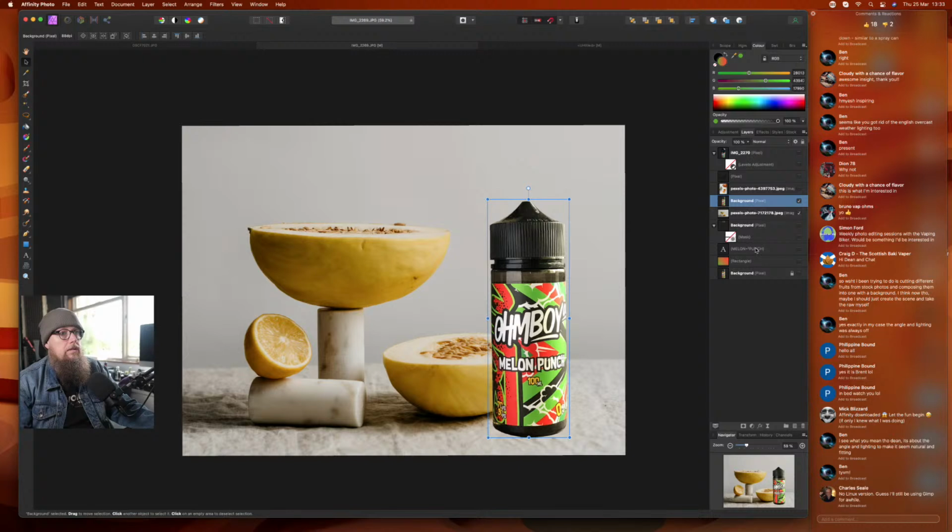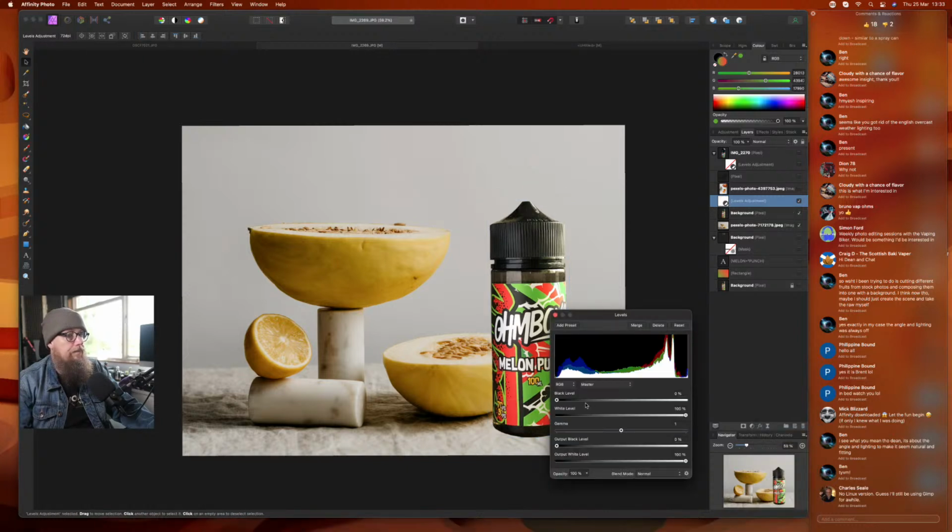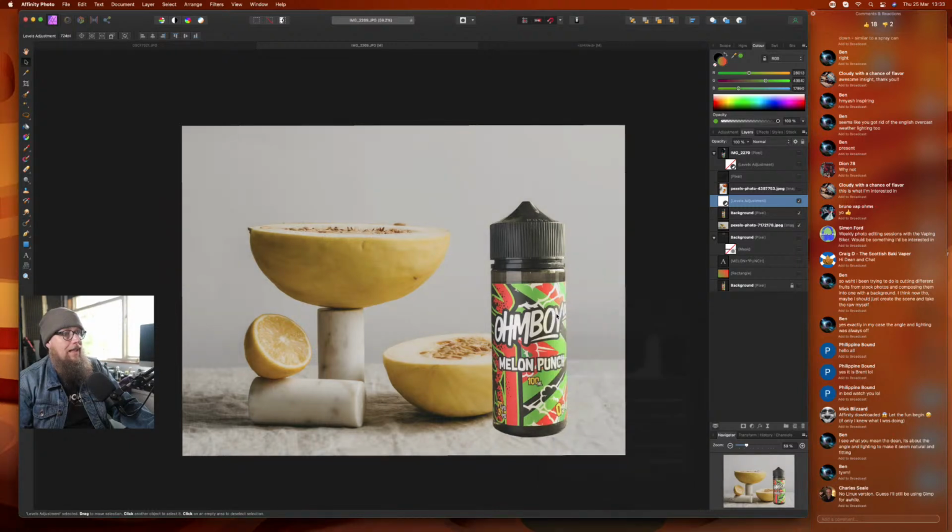Levels. No, I don't want to do that. Levels. I don't want to make the black blacker. We want to wash that out just a touch to bring it in. Take that down. I would even possibly do something like unsharpen it, but